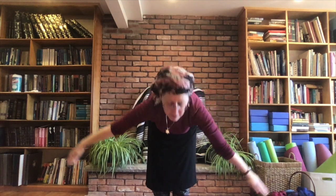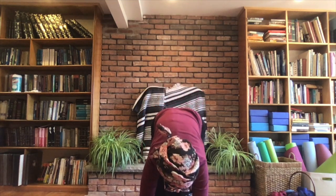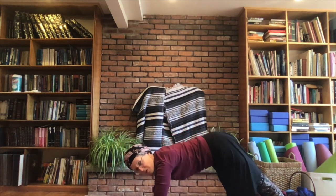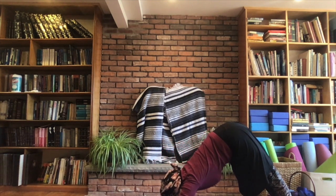And then dropping down, breathing in, my hands are above my knees, I'm picking my head up, and then I'm softening my knees and bringing my hands down to the mat, taking the right leg back, taking the left leg back, and here I am, ready to move into my downward facing dog. Downward facing dog,